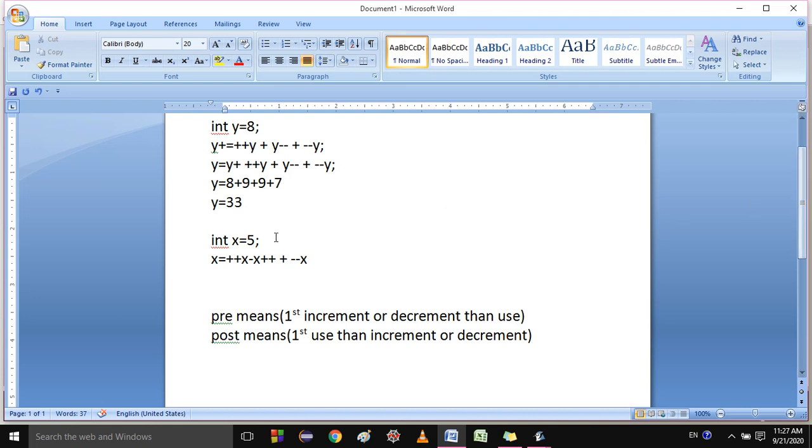So students, you know that this is pre-increment. Pre-increment means first increment then use. So x becomes 6. Okay, then what is this? Minus will be here, and x++. So first use then increment. The value of x right now is 6, so 6. Then it will become 7. So 7 will be here. Then it is pre-decrement, so 7 becomes 6 again. So you will get the answer 6.